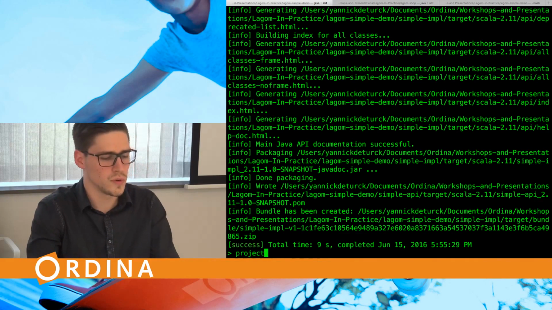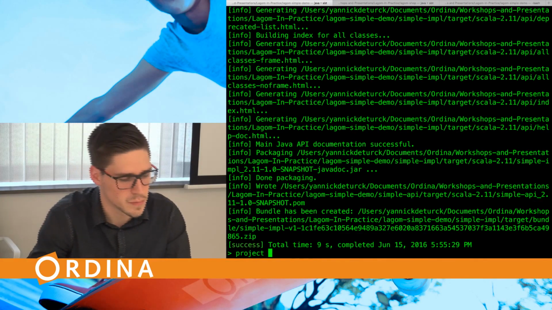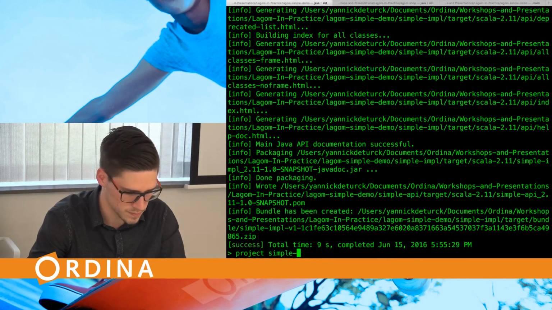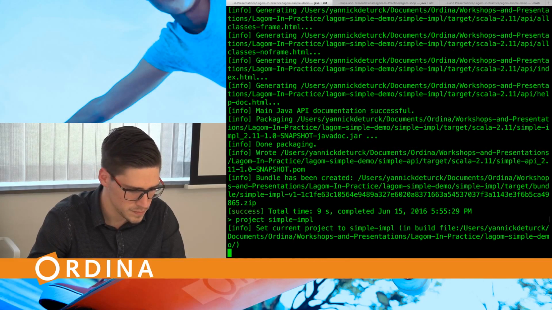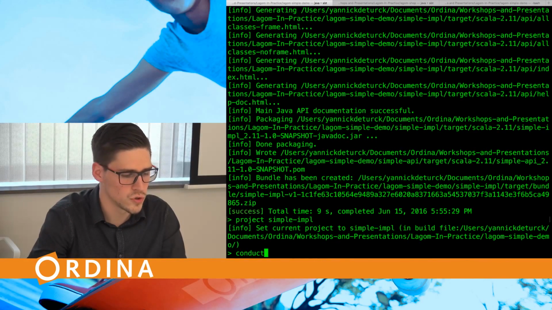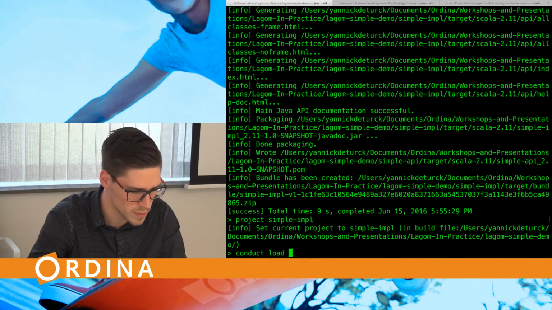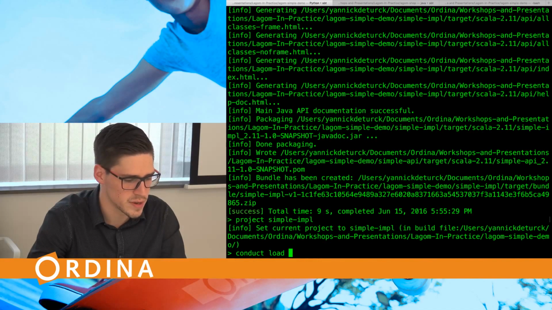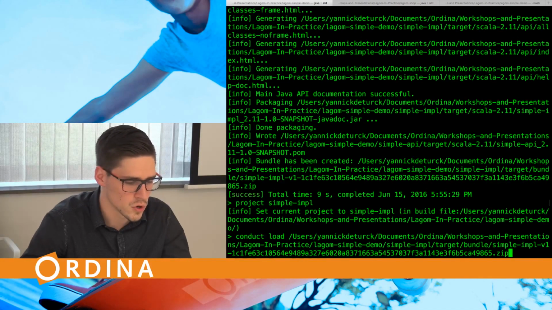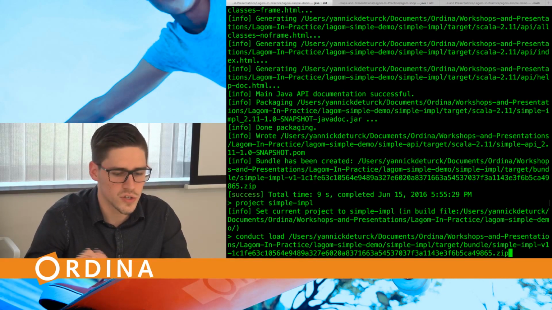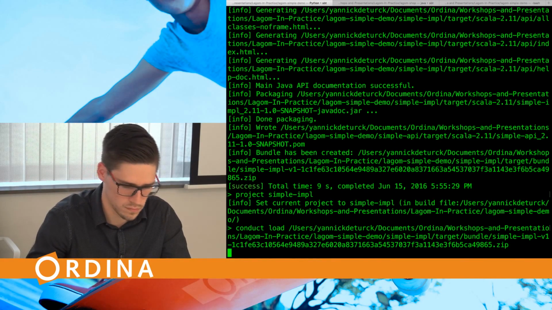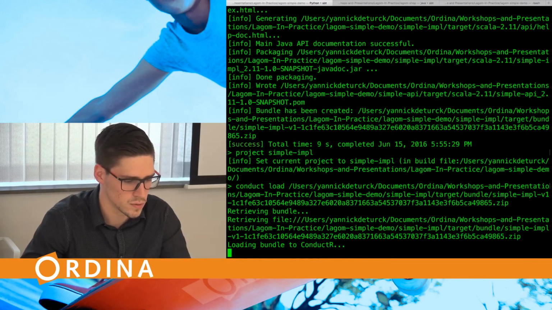What we can then do is move to the simple implementation project, and then we can load the bundle in ConductR. You do it via the conduct load command, and then you can just press tab, and it will be automatically completed with the location of your bundle. So this we can load,